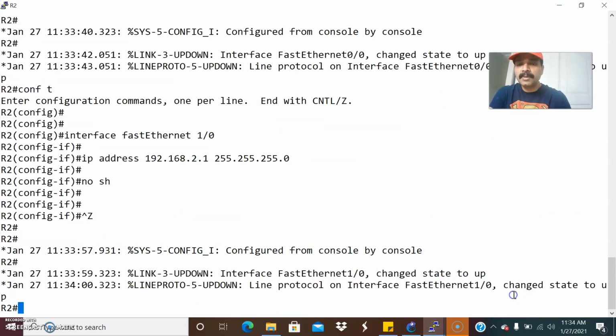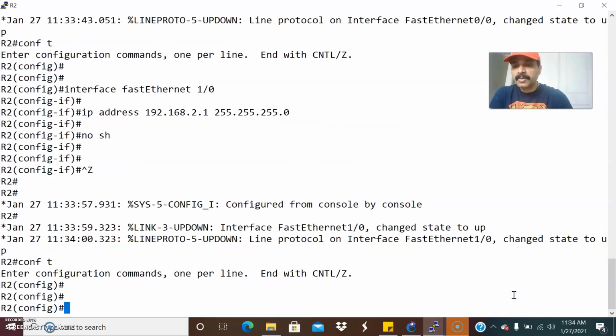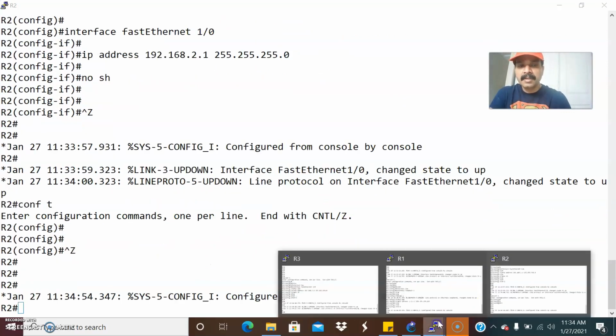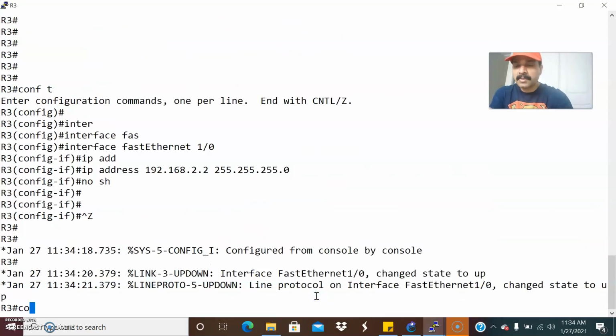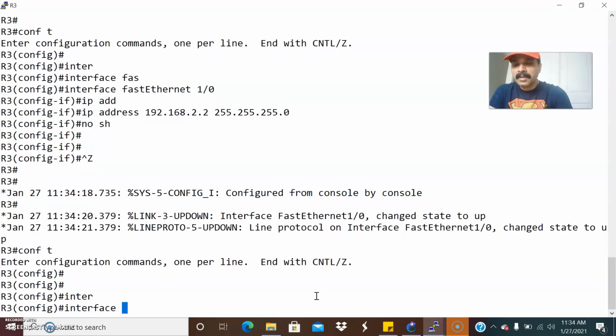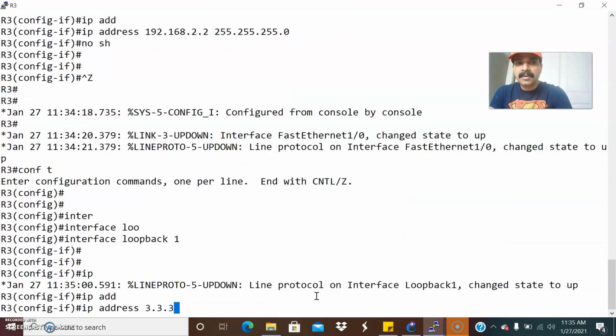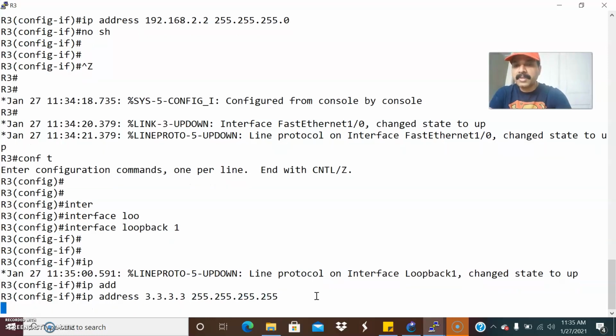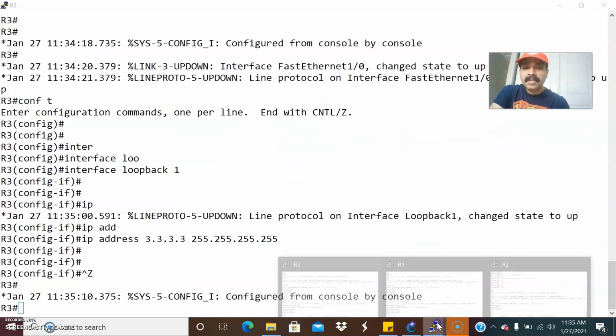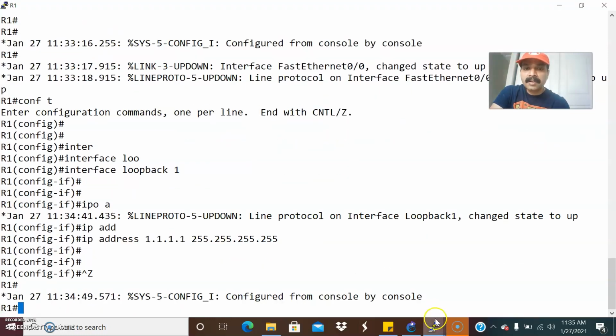Similarly, let us go to R3, the branch office router. Go to configuration mode, interface loopback 1, and the IP address is 3.3.3.3, 255.255.255.255. So I configured the loopback address on R1 and R3.